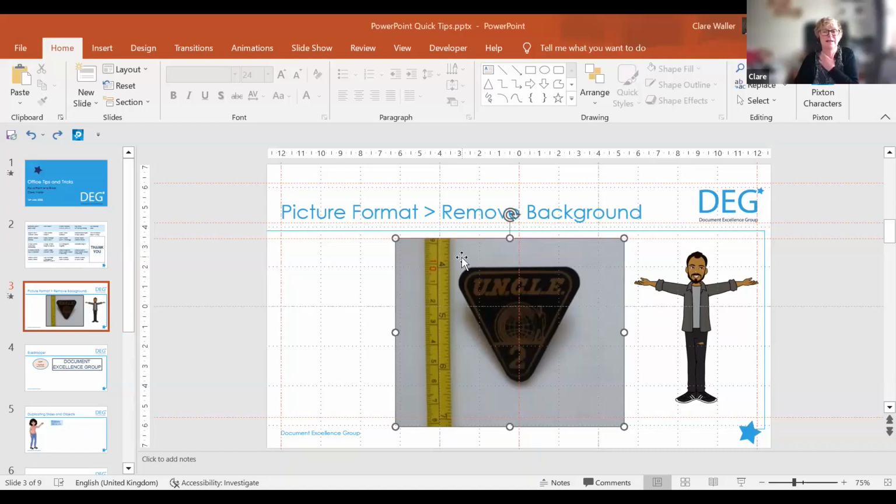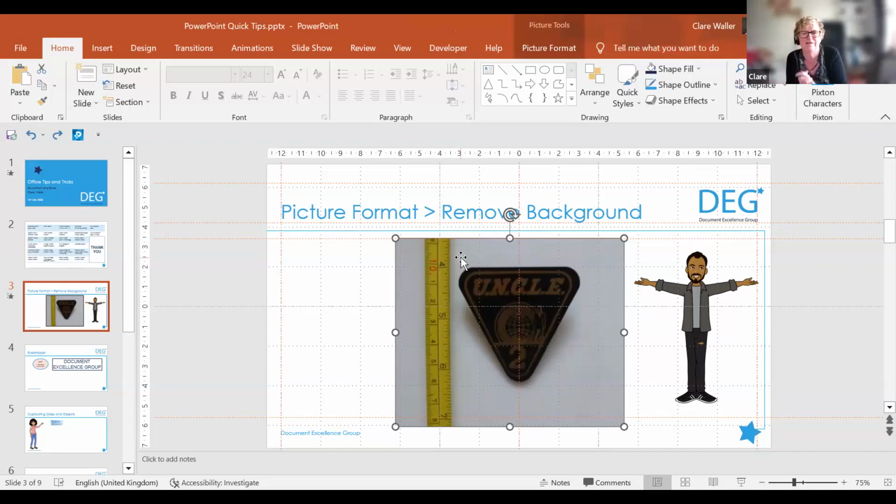So the idea of this is I have found a perfect picture that I want to use, but funnily enough, I don't want the ruler in it and I don't want the background. So when I do this,